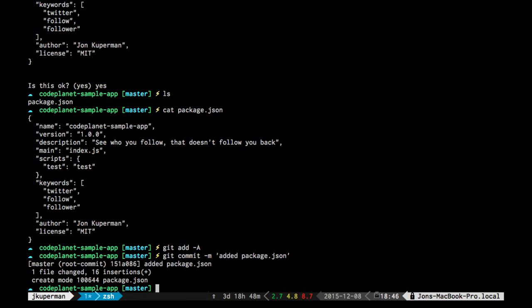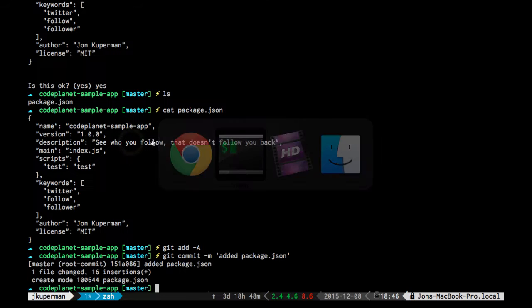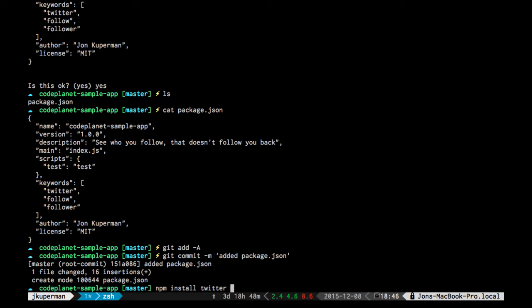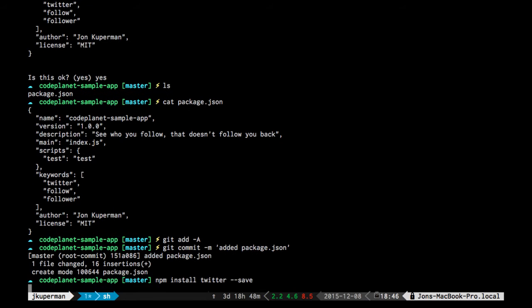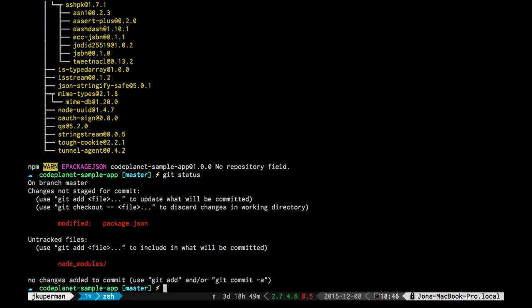Sweet. Okay, so that's our very first thing. And now what's cool is this allows us to go back to this Twitter library, and now we can do an npm install of Twitter, and we can throw --save. So that's going to go out, download it, and get all of its dependencies. And when it comes back in a second, we'll be able to see that if we do a git status now, we can see that this node modules folder has been added, which we're going to want to ignore from Git. But also we can see that this package.json has been modified, and if I do a git diff